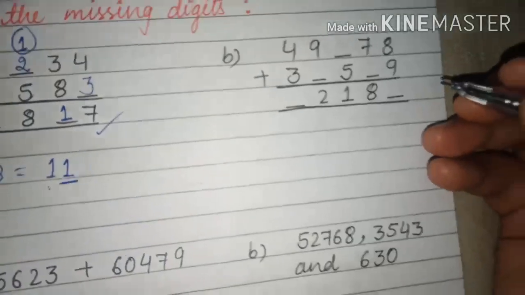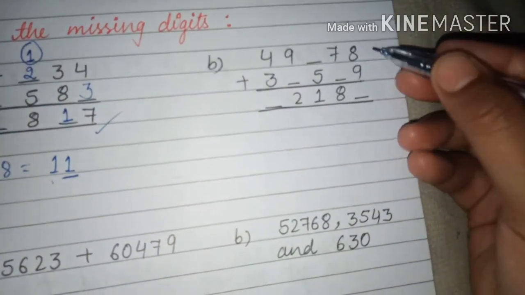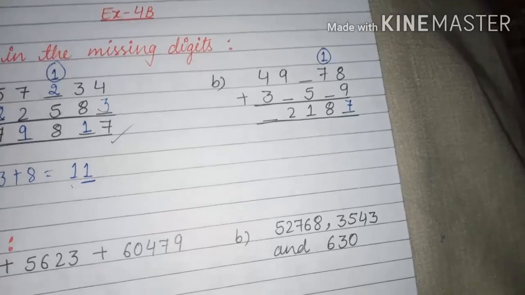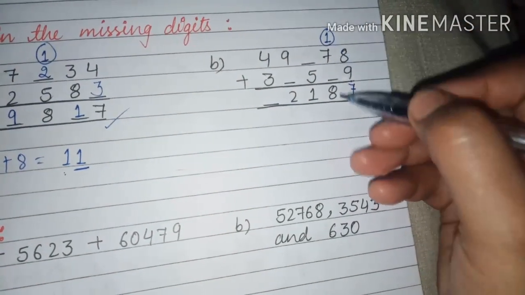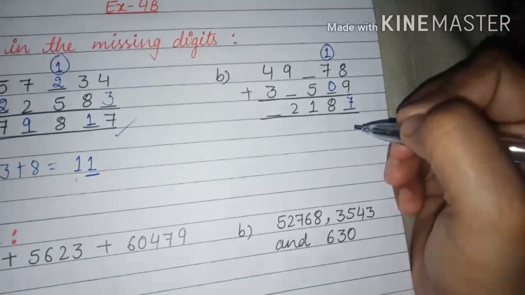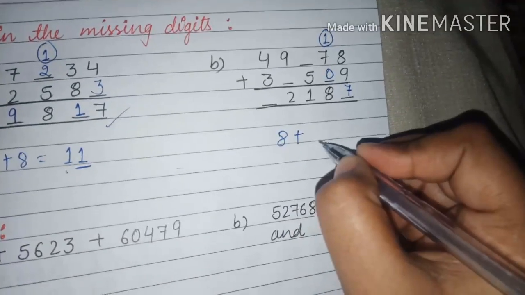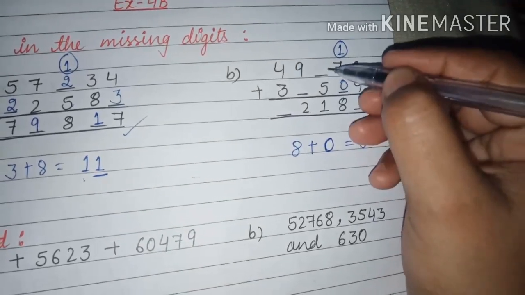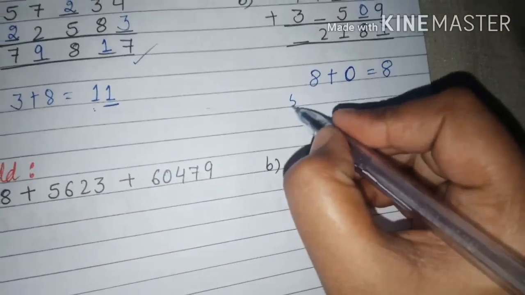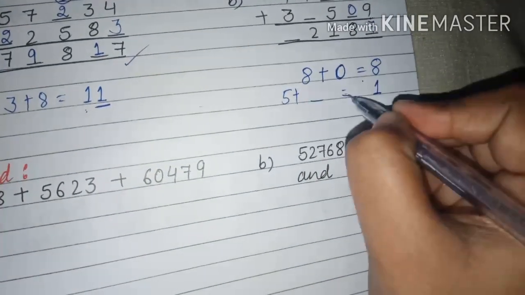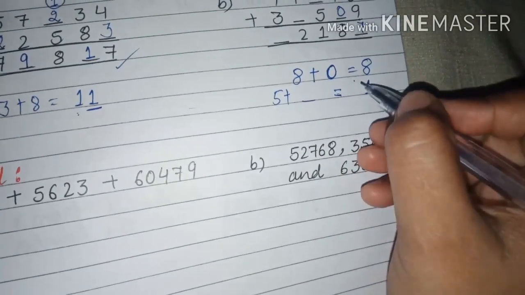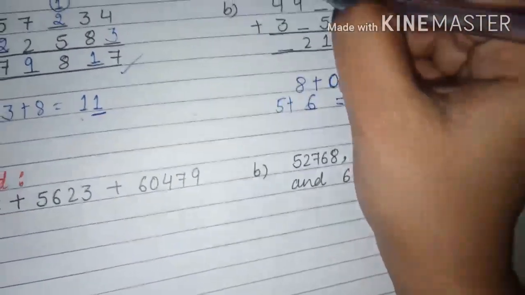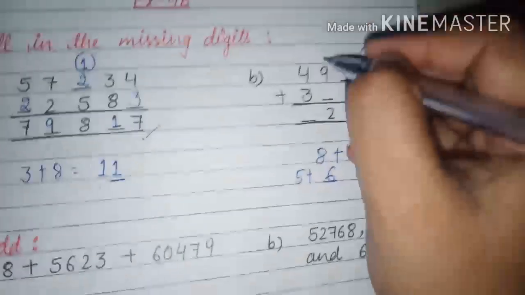Now B part, same. 9 + 8, what is it? It is 17. 7 और carry हुआ 1. 7 और 1 is 8. अब 8 में क्या ऐड किया जाए कि 8 ही आए? 0. ऑब्वियसली बिकॉज अगर आपके पास 8 है और आपको रिजल्ट में 8 ही चाहिए तो यू विल ऐड 0 है. क्लियर? नाउ 5 में हम क्या ऐड करें कि आपका 1 आए? तो देखो 5 में मैं क्या चीज़ ऐड करूं कि 1 आए? अब 1 तो तभी आ सकता है जब वो नंबर 2 डिजिट हो, यानी 11 हो. ओके, तो 5 में मैं क्या ऐड करूं कि 11 आए? 6. तो आई विल राइट 6 हियर. 6 और 5 is 11 का 1 कैरी हुआ 1 हियर.